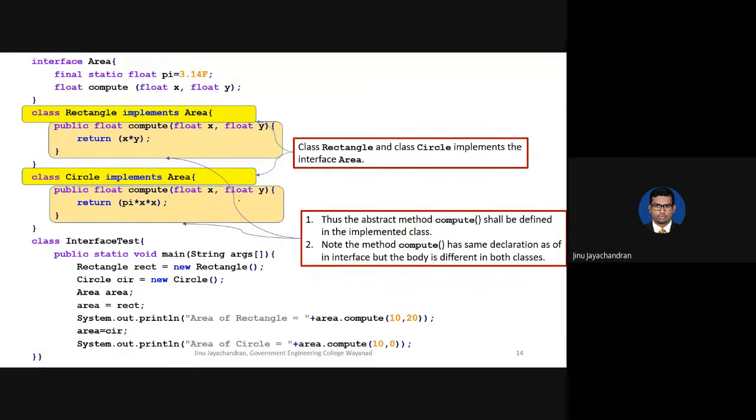So you see that you have implemented the function compute inside the class. And the method compute has the same declaration as in the interface, but the body is different in both classes. The declaration is the first line of that function. So the declaration is the same in both classes, but the body, which is inside the curly braces, is different.